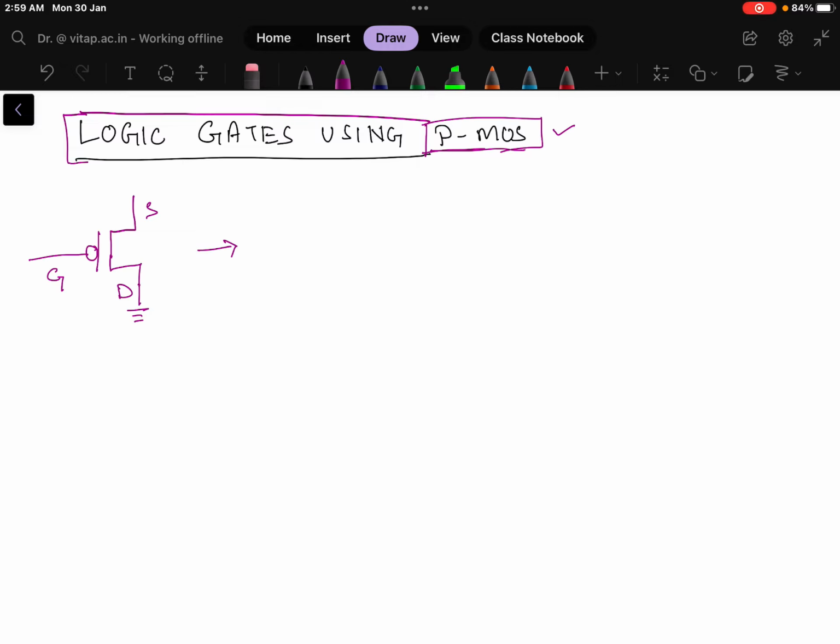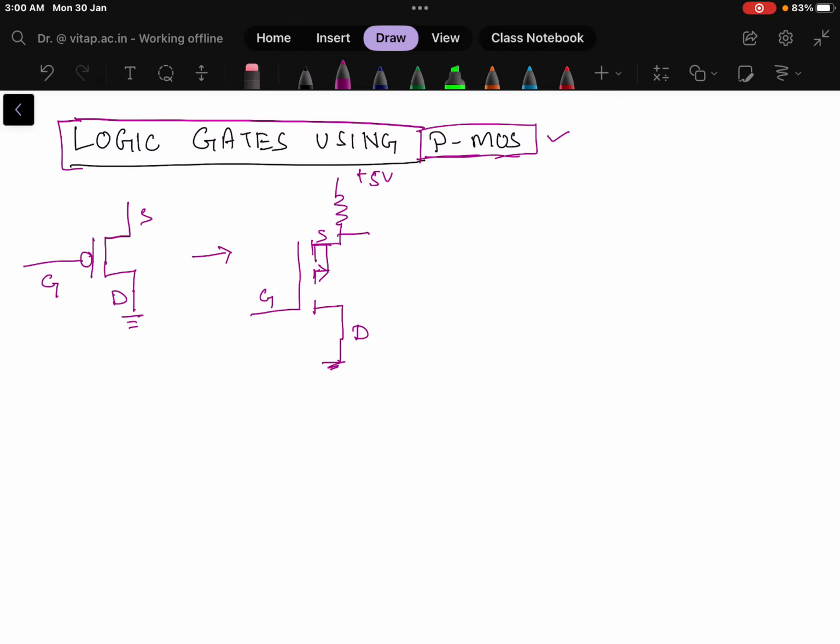If we properly represent the circuit, then this is the load MOSFET. We can represent it as a resistor here, and here the drains will be connected. This is the source, this is the body, and this is the drain. The drain is connected to ground, and the gate is connected to the input, and this one is internally connected to the source. In PMOS, as you remember, the arrow mark will be in the outward direction. This is plus 5 volt and the output will be taken from here. That is a separate part we will discuss.